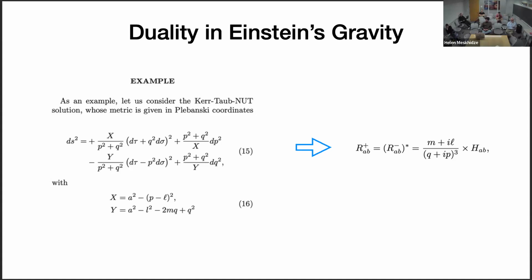to see how duality, the manifestation of duality. But it turns out that in these magical Plebanski coordinates, with some few other smart choices, all the dependence is linear. And from these results and the previous slides, we can now see that under duality, the mass parameters will map into each other.